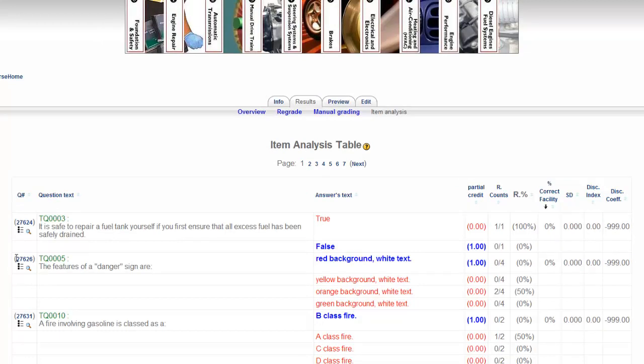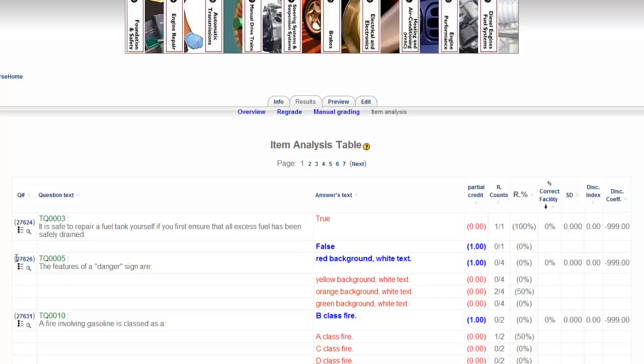In some cases, when you're looking at the item analysis table and you're taking a look at some of the different questions, you may realize that part of the reason for the failure rate of the quiz question is just a difference in teaching. I know that in some cases there will be times where teachers will say, I understand why my students answered this question incorrectly, and it's because I either taught it differently or I worded it differently, etc. Is there anything I can do to fix it? And the convenient thing about item analysis and the item analysis table is that you can edit quiz questions right